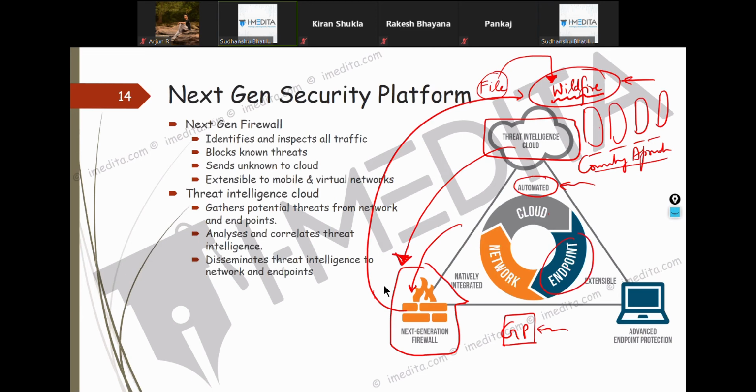Frankly speaking, it's not that big a hit right now, but slowly it's progressing. On any endpoint these days, you have an antivirus, anti-malware kind of solution, right? The problem with that is your endpoint security solution will never talk to your firewall, right?